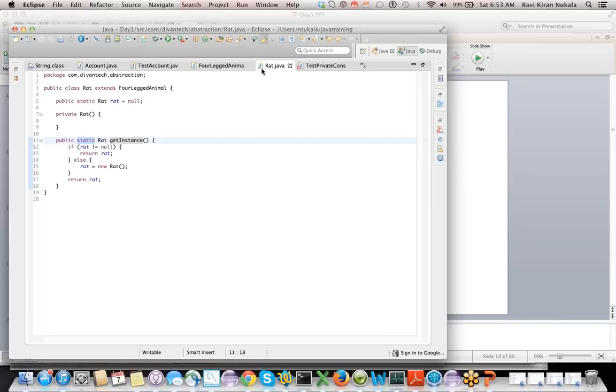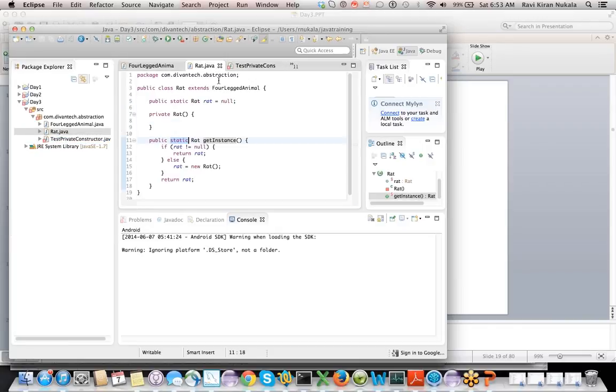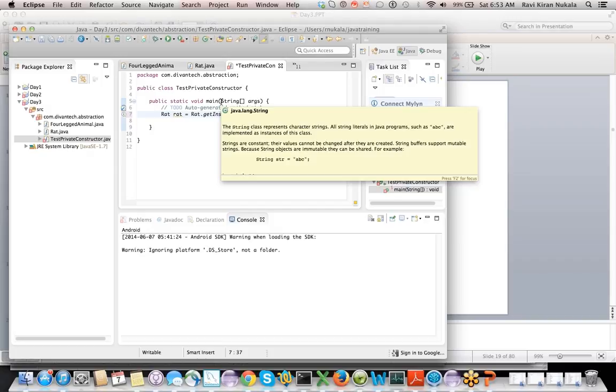So the thing is, we did not create an object, right? If you have created an object, then you can call non-static methods in that class. But this method is used even before creating an instance. You do not let anybody create an instance. So the outside world can access you only by invoking Rat.getInstance, right? That's how you're exposing it, because otherwise, if it is not static and there is no instance, you will not be able to access that method.